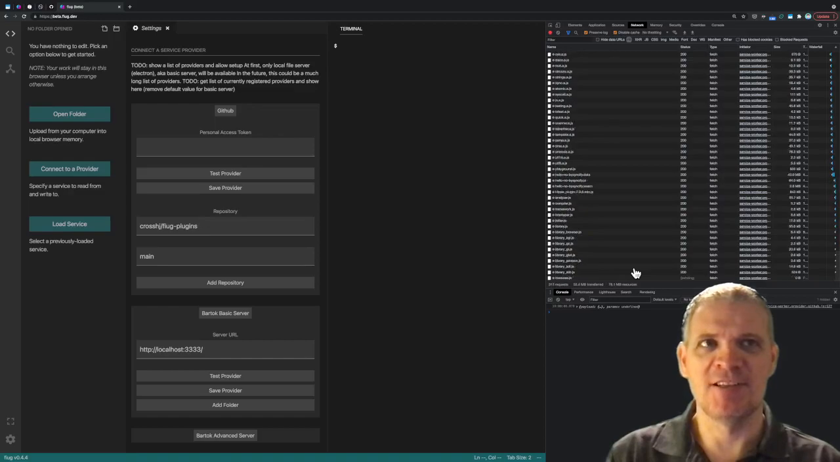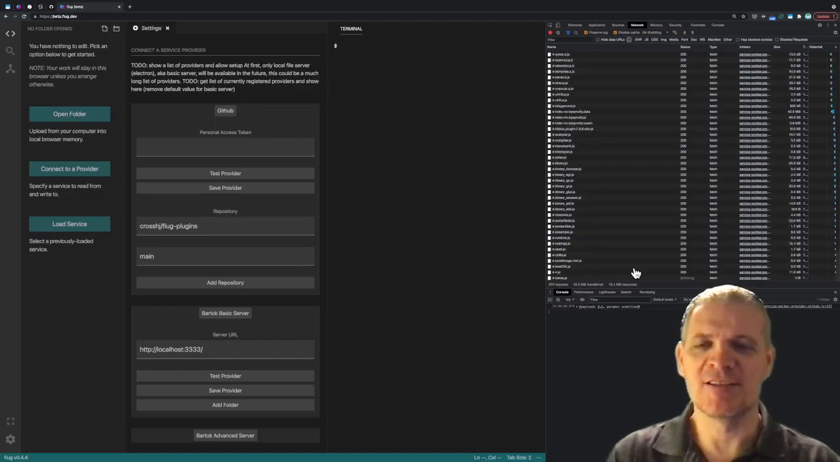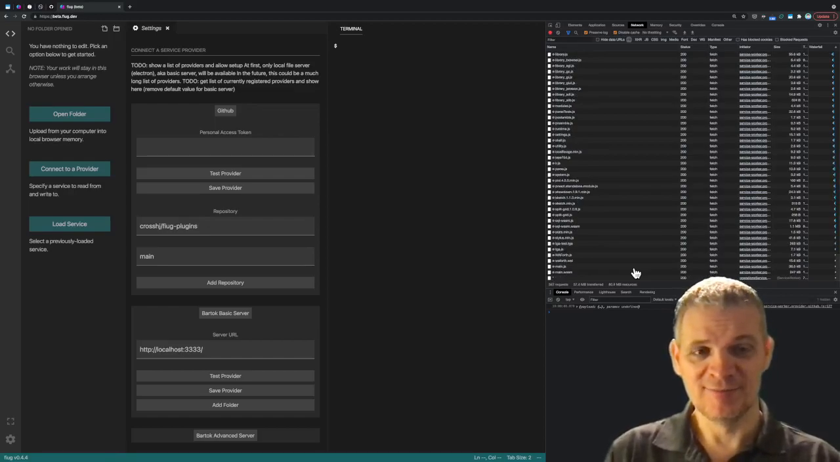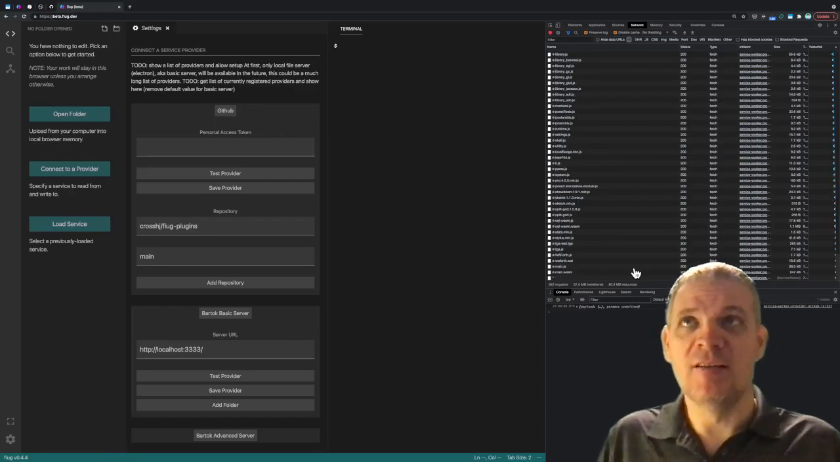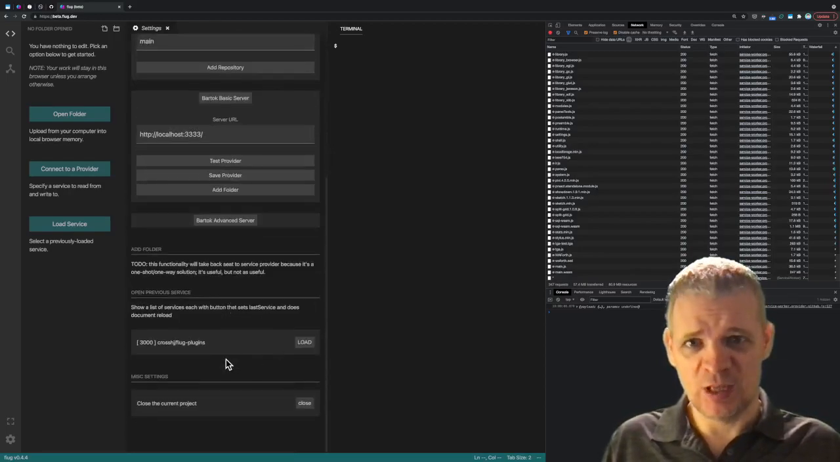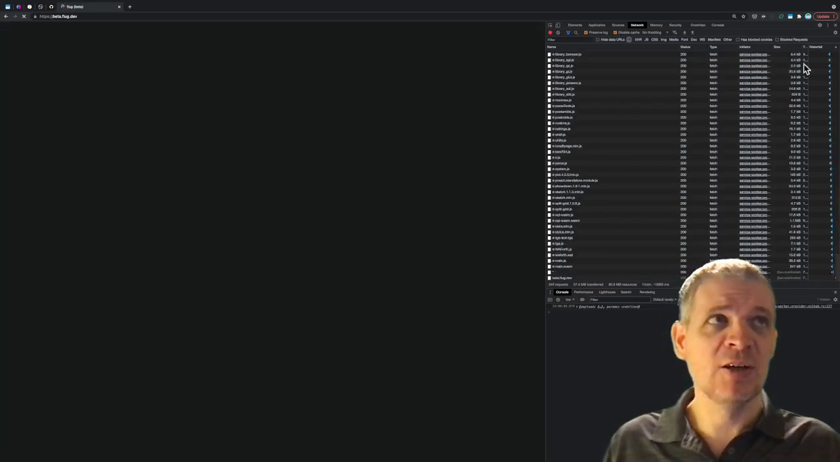There's a lot of stuff in the plugins repository, and that's why it takes so long to load up. But I'm working on something that's going to make that go a lot faster, and it's done. Alright, so I can go ahead and close out settings, but before I do that, I'm going to scroll down to this part that says cross/Fiug plugins, and I'm going to load it up. I'm going to go ahead and close this